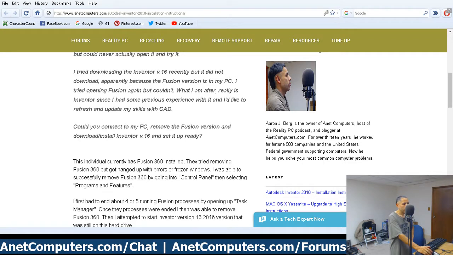Step two is then to try to install this software. So I did a search. I asked them, well, where do you have it, or do you want me to try to install Inventor version 16? Because that's what they wanted. Well, they didn't know where it was at. I don't know how you cannot know where you download things, but whatever. So I went to the root of the C drive, and I went into File Manager, Windows Explorer, and I typed in the upper right-hand corner search bar Inventor, and sure enough, I found it,